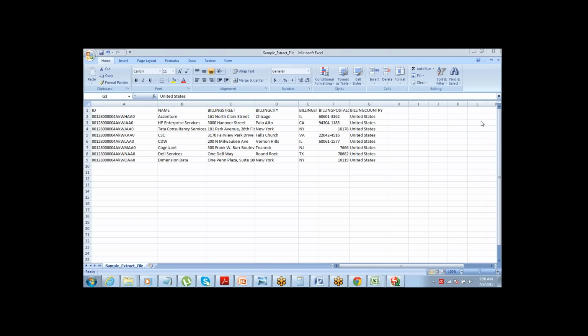I have a question. This data loader took about 30-40 seconds to retrieve 8 records, right? Say we have more records, what is the time that it takes? It will definitely take more than what it takes for this, but it will not take the time proportionately. So if it's 100 records, it's not going to take 10 times of 8 records, because some basic processing needs to be done for every file. So data loader is quite fast.